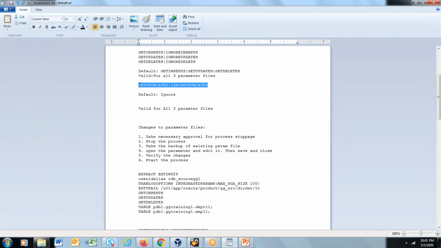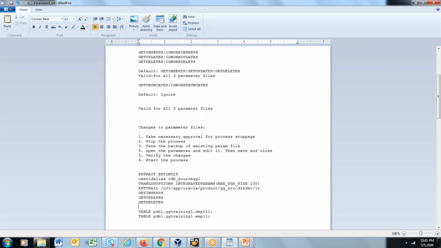So if you don't want to enable DDL replication but just want to enable truncates, you have separate parameters called get truncates, ignore truncates. In case of truncates, default is ignore. That means that by default truncates are not captured.